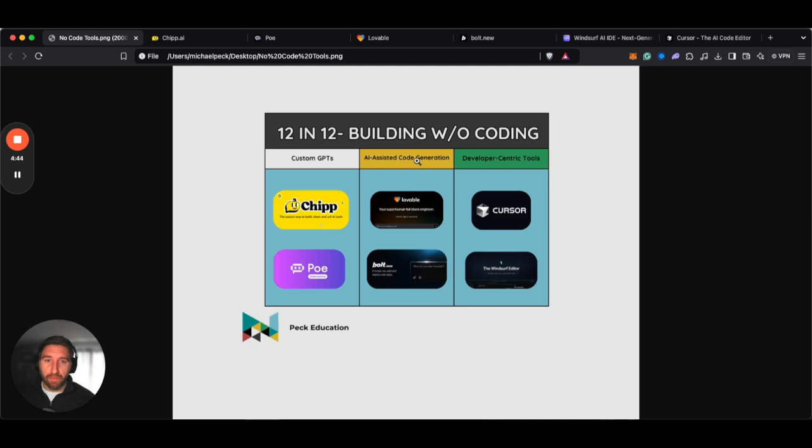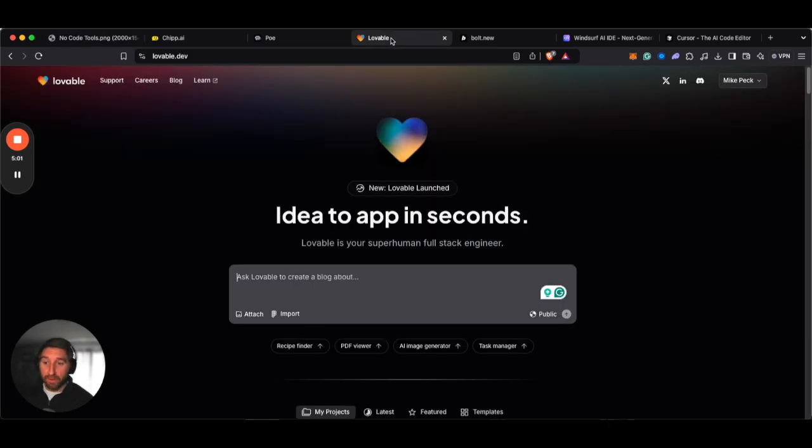So if you have websites that don't require vast databases or are really complicated in nature, like building your own personal website, these are really good places to start. So my favorite is Lovable, but Lovable and Bolt have very similar interfaces. Lovable, you go to the website, you literally type something in, and it starts building an application for you. You can access both of these for free, but you do have limitations on just how many times you can sort of edit a site during a given day, during a month,